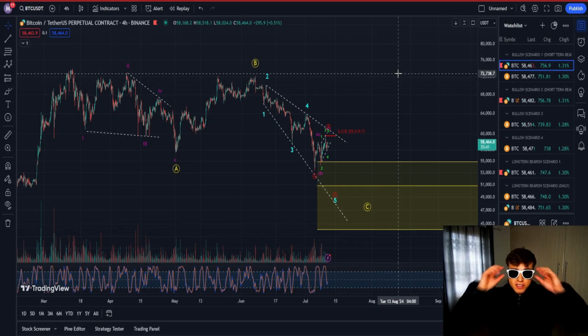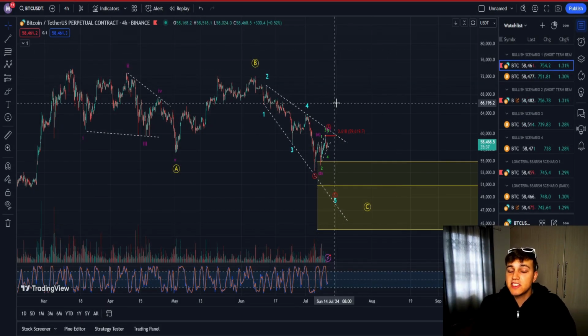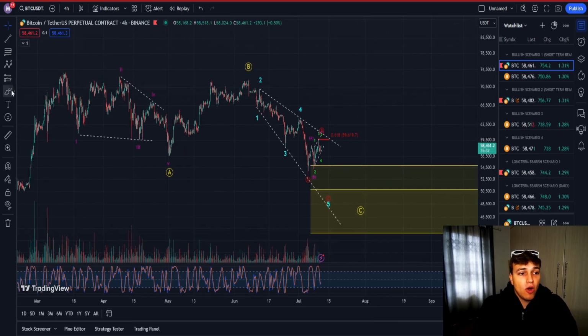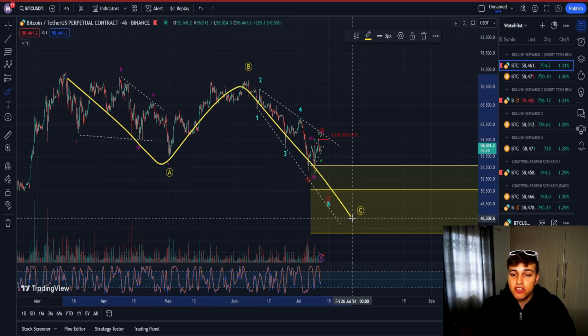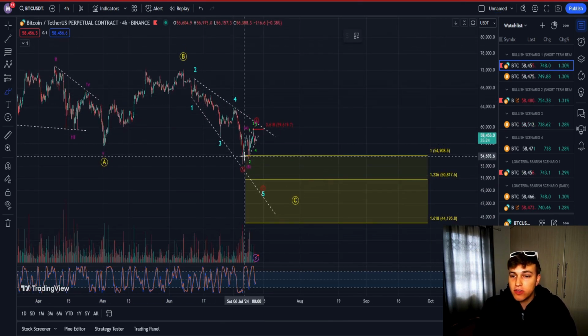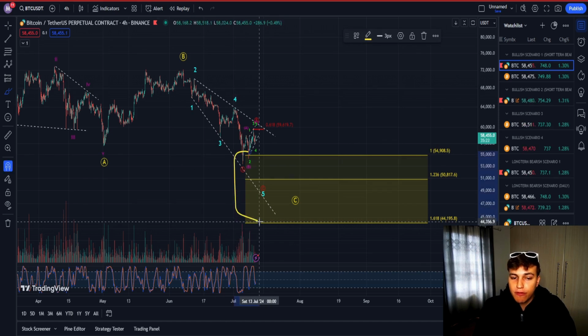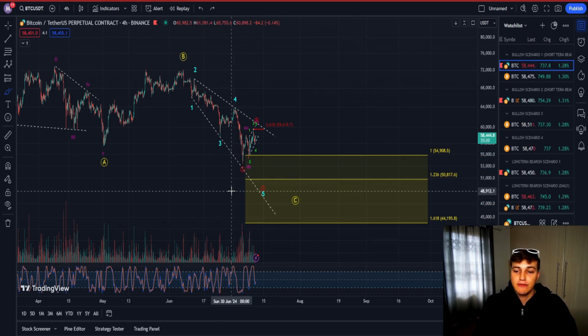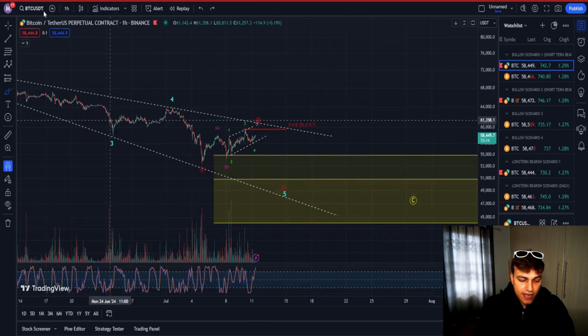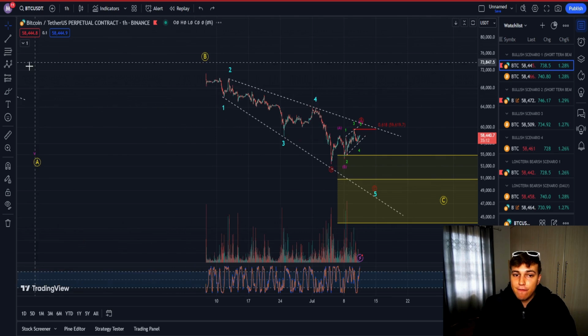Enough of the nonsense. Let's get into the charts. At the moment, we can see there are 4 main scenarios that I am looking at. On the first scenario, we can see an ABC structure targeting this yellow box at $54,900 to $44,195. In this C wave, we can see on the 1 hourly time frame that it is a 5 wave